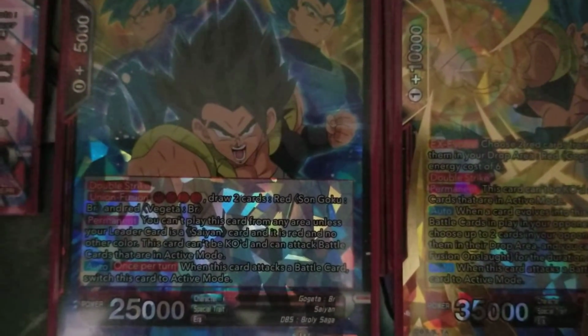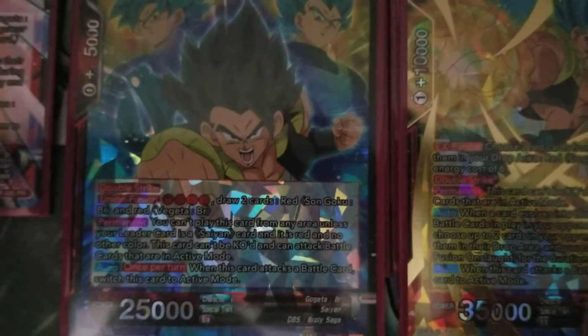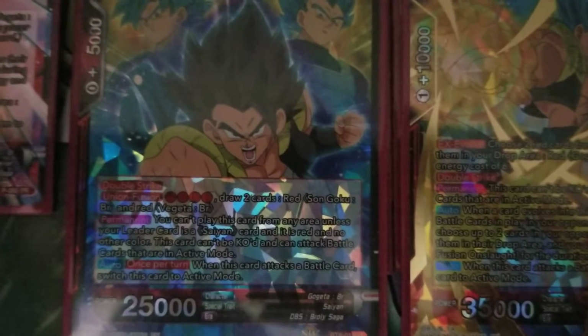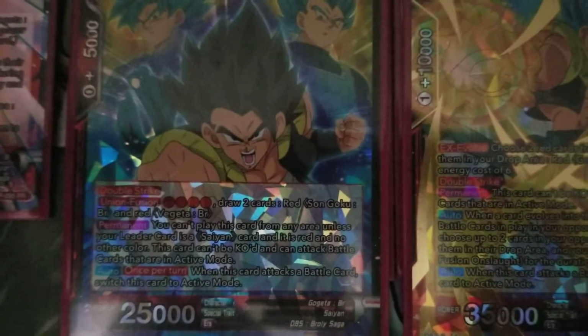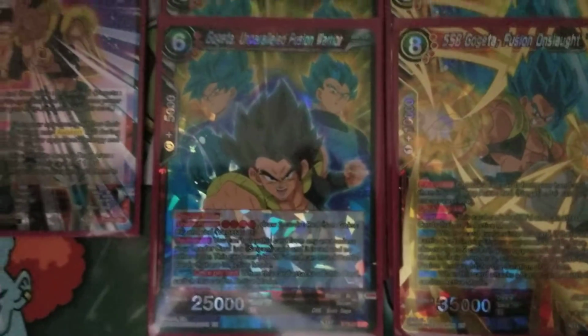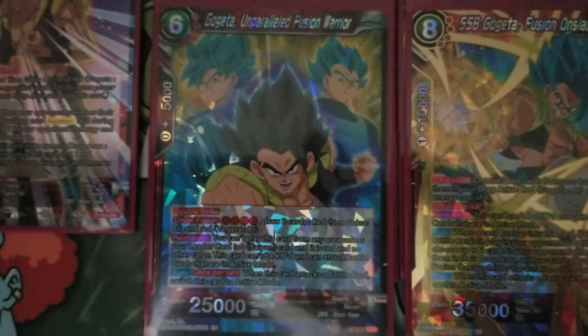And the cool thing about him is he can't be KO'd, and he can attack battle cards that are in active mode. And once per turn, when he attacks a battle card, you can switch him to active mode. That comes in handy, especially if you're trying to clear the board. And the main reason you want to have an empty board is if your opponent is low in life, you can upgrade into the 8-drop